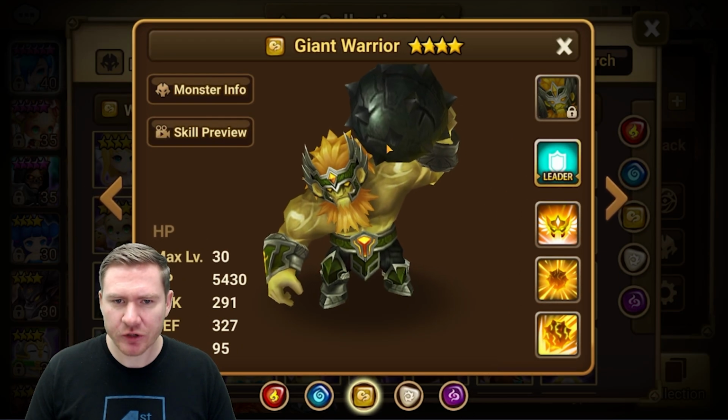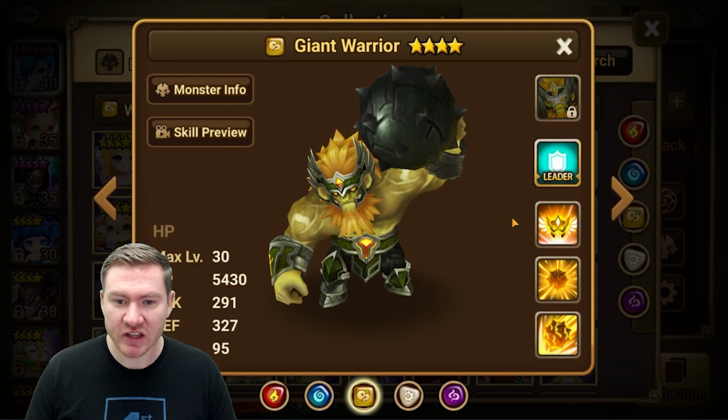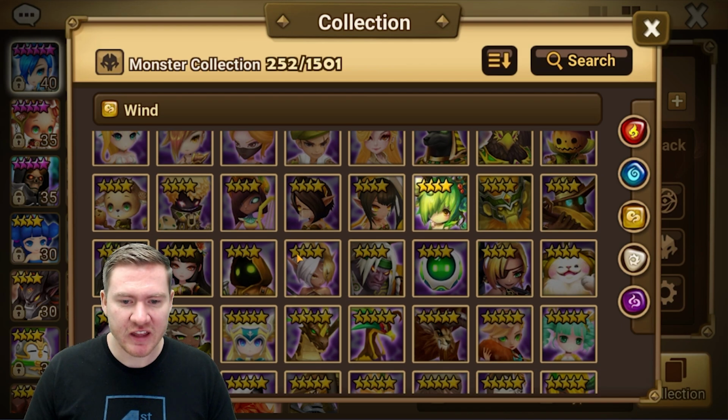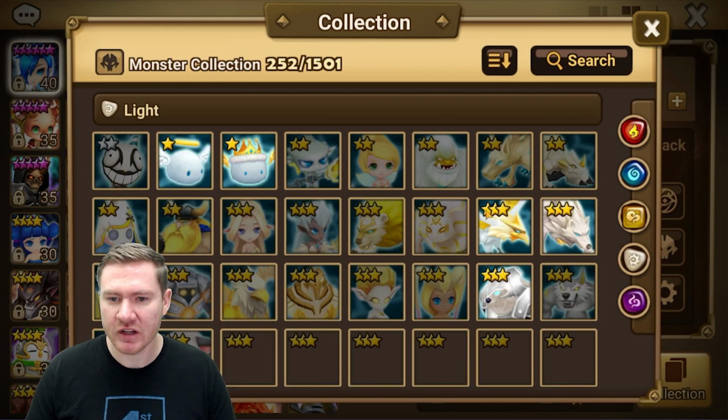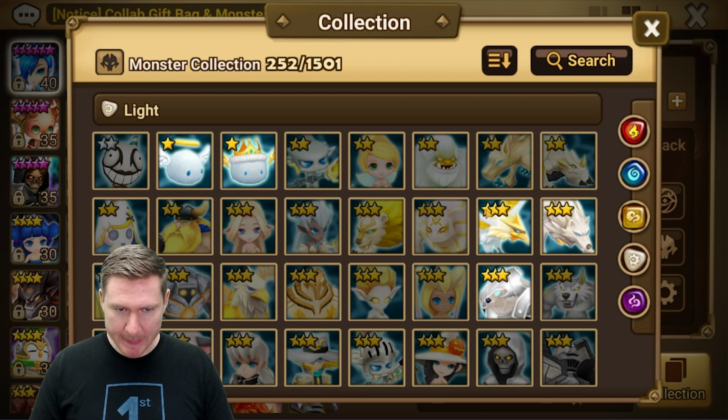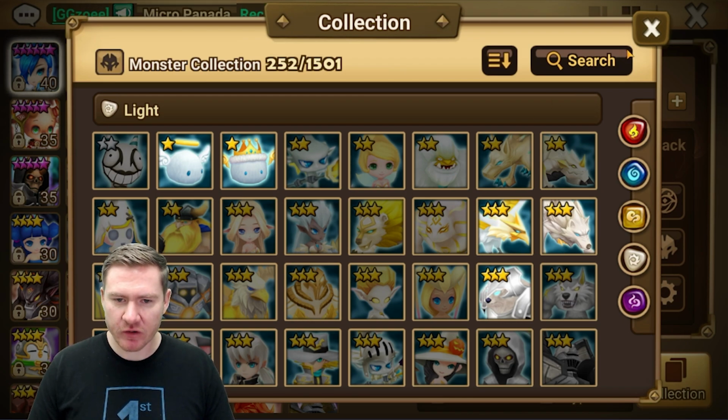I know this guy's real good. I'm not real familiar with him, but I know I've seen a lot about him. He kind of came around after I stopped playing. Don't recognize a lot of these, and then assume all the Wind nat 5s are good. Light champs. Light champs are interesting. I guess we'll go through and do the same thing. There's a couple of things I want to talk about, though, as we go through this. So, you've got your...